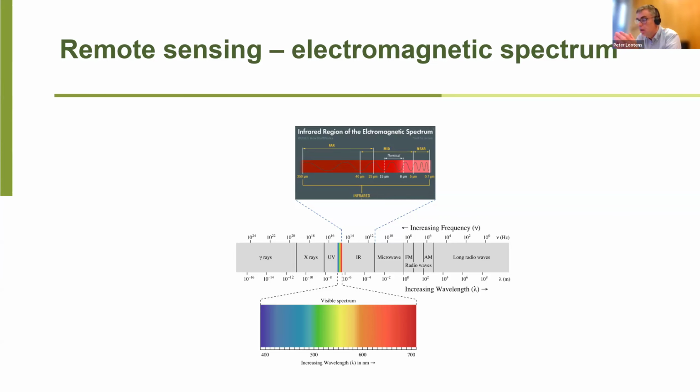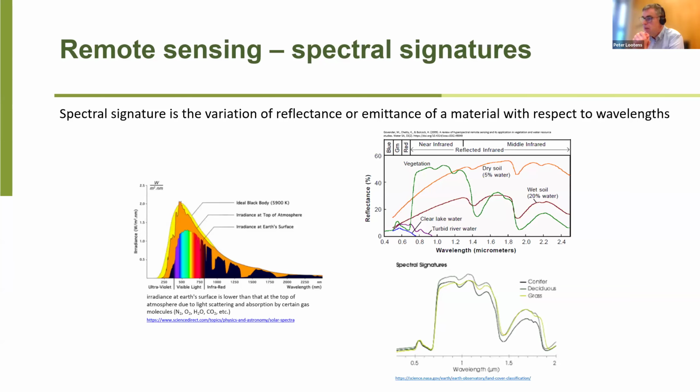And then if we look to the thermal images, the thermal information which is relevant in combination with the drought trials, then we are checking on the wavelengths between 8 and 15 micrometers. Next slide, please. If we check then which light is available from the sun, and this is the left slide,